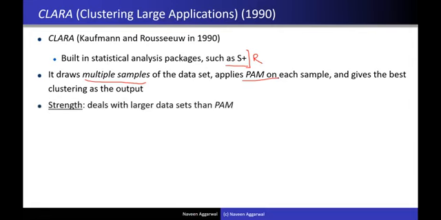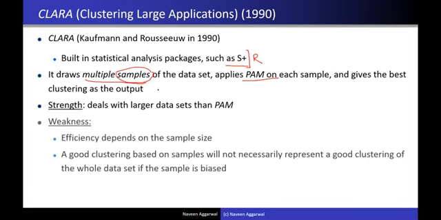Strength: obviously, now we can deal with larger data sets. We can pick up a sample which can fit in the memory and then apply the algorithm, or we can assume it is applicable on all data sets. Weakness: obviously, it depends on the way we pick the sample, whether it is an actual representation of the data set or not. A sample may not necessarily represent a good clustering if the sample is biased. That's why there is a modification,